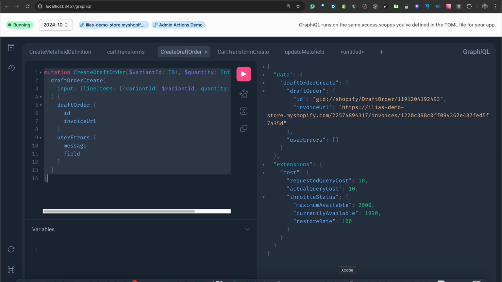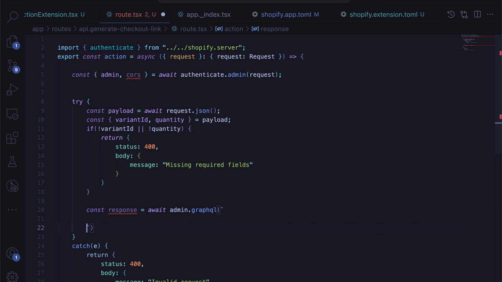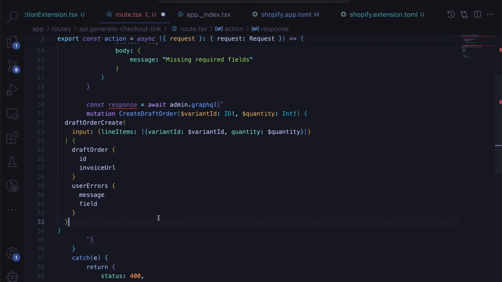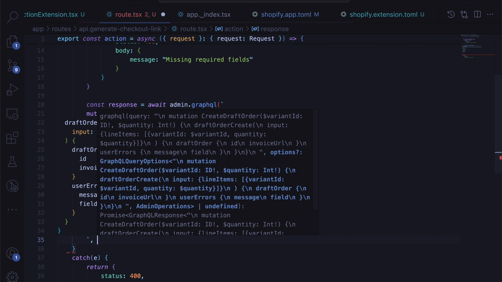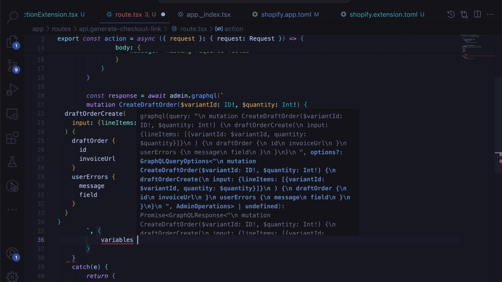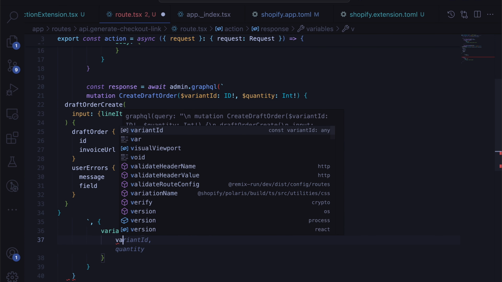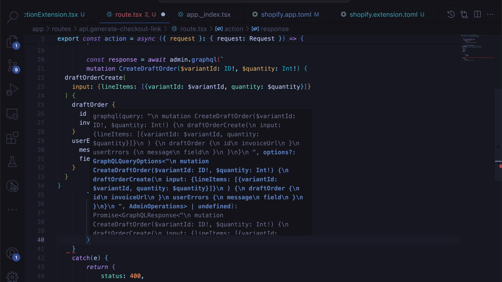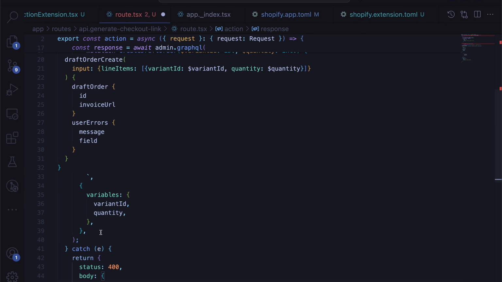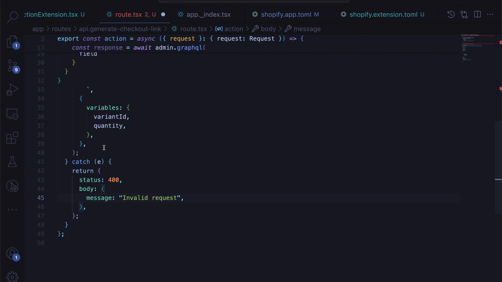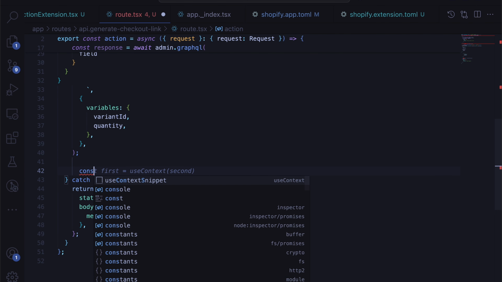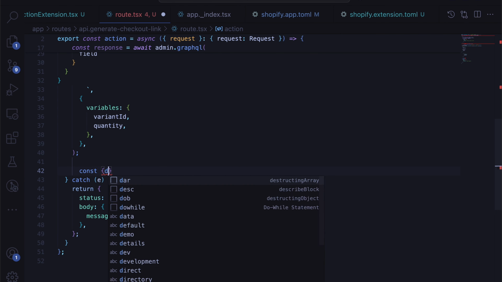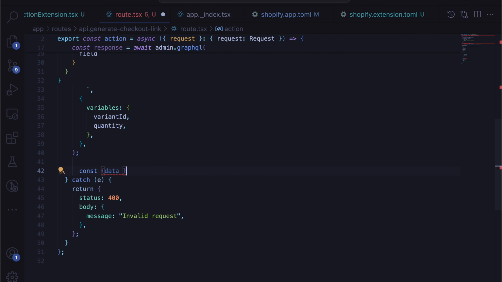So this one, and the second argument will be the variables. In this case, we should just pass in the variant ID and the quantity. And let's close this function. That's great. So we are getting the data,